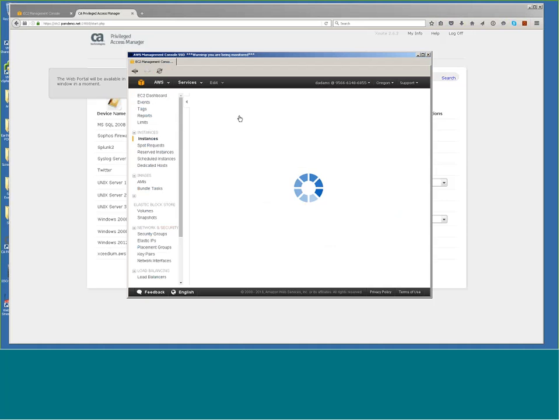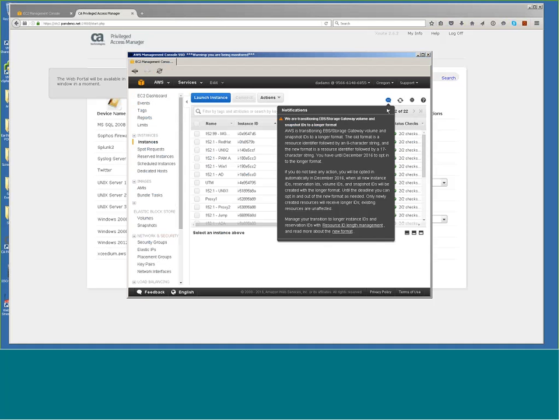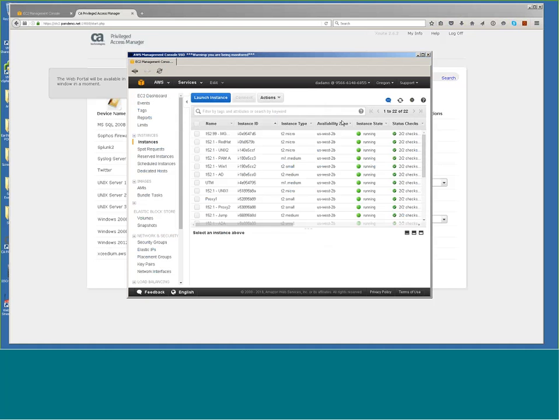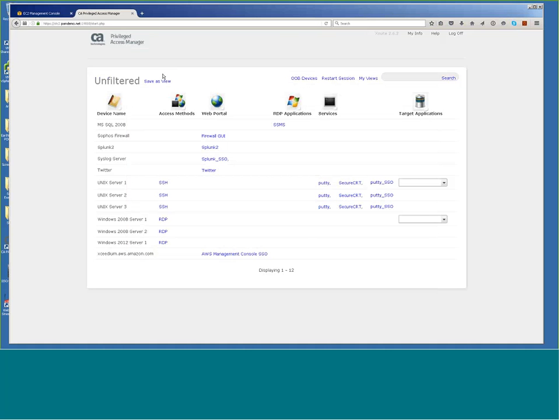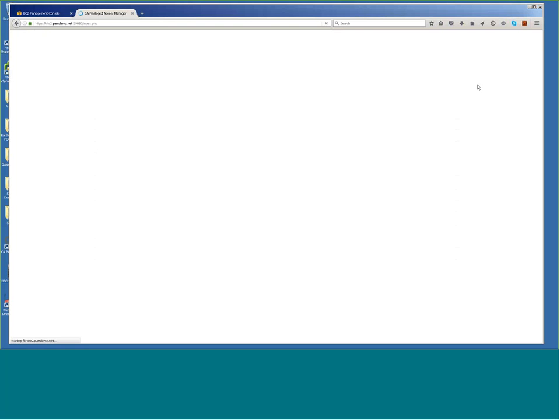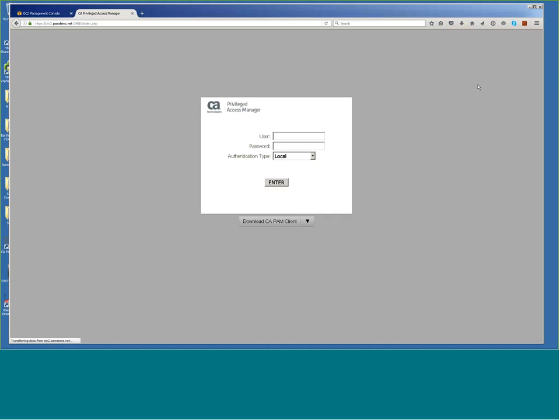So I can come in, I can see my running instances, I can do whatever I need to do. And of course, AWS has got a little warning pop up here, but I can come in and see my instances, launch new instances, whatever D. Adams would need to do. Let me close out of this. And that's because I gave D. Adams that role. I'm going to log off here, and I apologize for jumping through multiple accounts, but I want to show you as much as I can as quickly as possible.